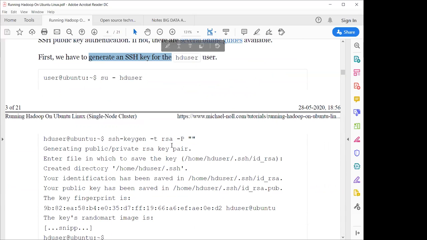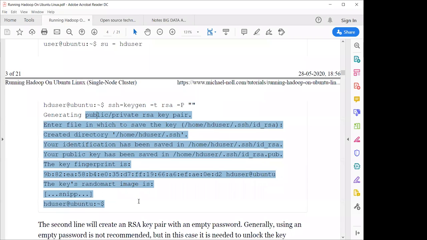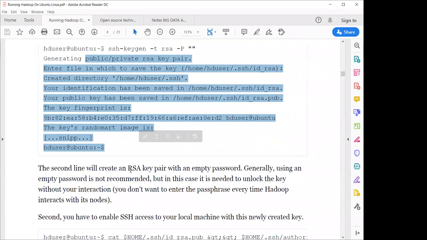So you just write as it is. Do not worry very much about it, because it is basically a communication system, a password protected system between the different devices. So what will happen when you are communicating with different devices? You require some type of key. So you just type this command in your system and it will generate the private key. Just check that all things are the same.